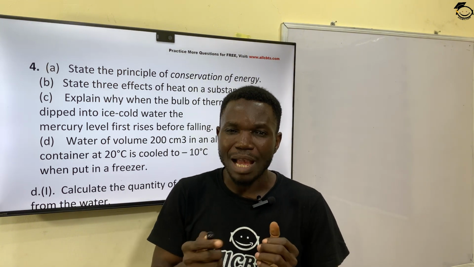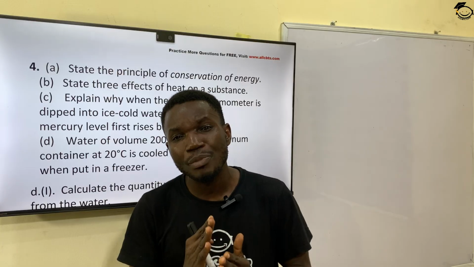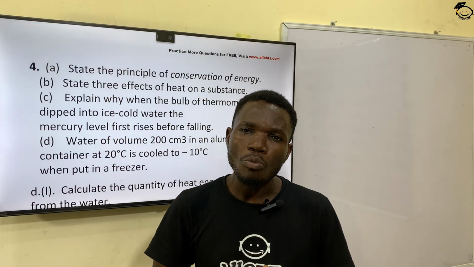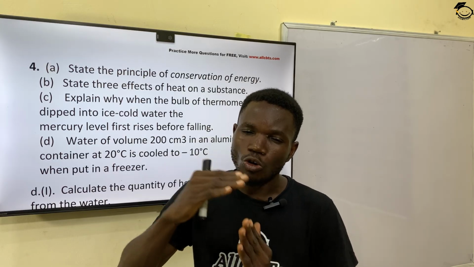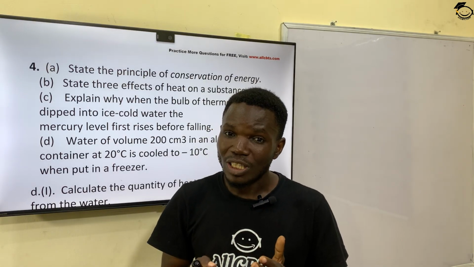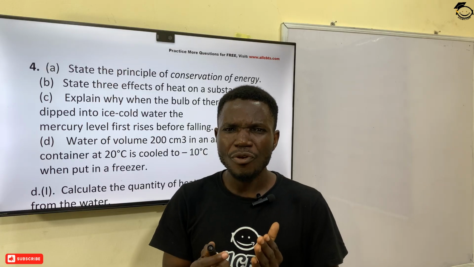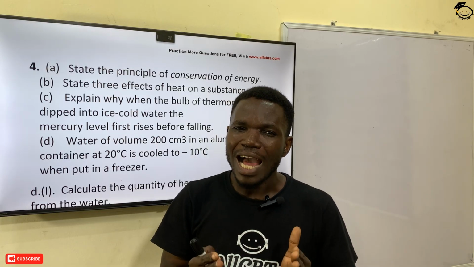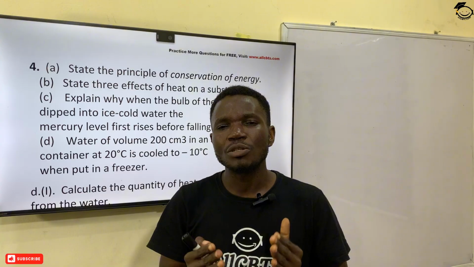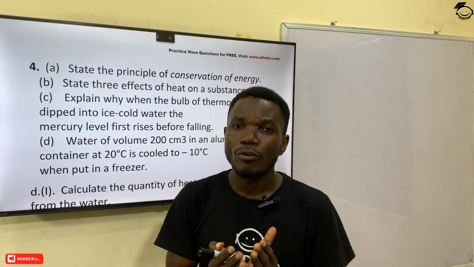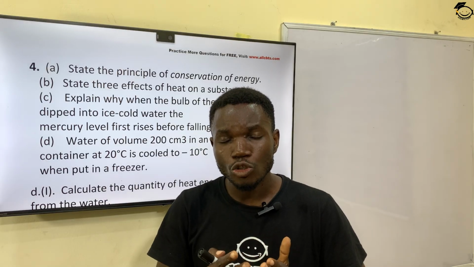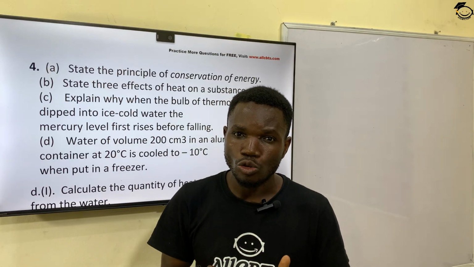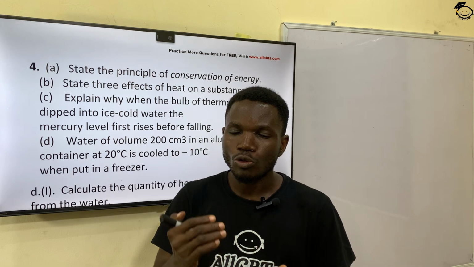So the bulb shrinks, and because the bulb shrinks, it forces the mercury inside the bulb to move upward. So the mercury moves upward as a result of the contraction of the bulb. Hence the mercury appears to rise. And after some time, we discover that there's a reduction in heat. So the mercury is also going to lose some of its heat, and it's also going to contract, and it's going to